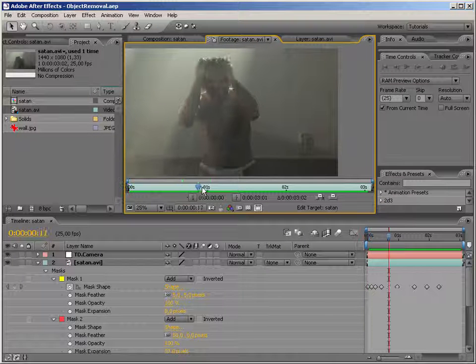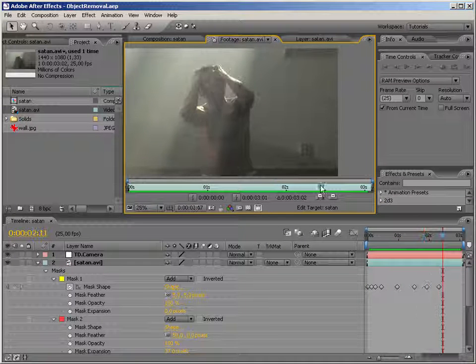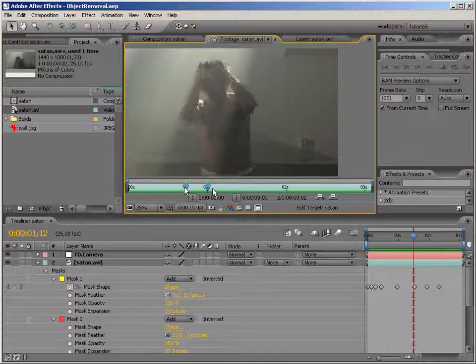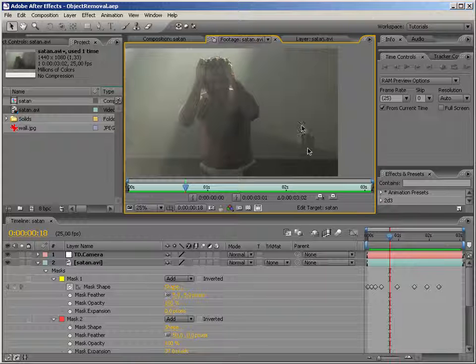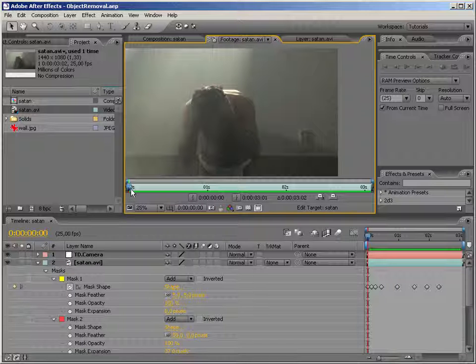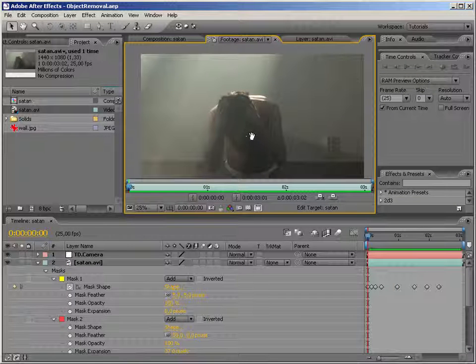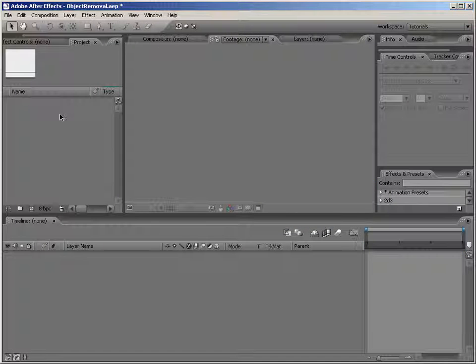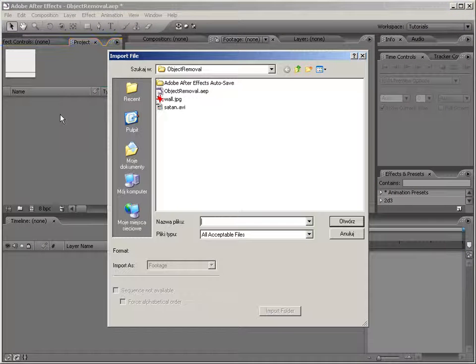Okay, so as you can see, we have a camera moving in this picture. So what we are going to do is we are going to track the footage and then go to Photoshop and remove this little fellow in here, and then come back and fix the problem. So let me just start from scratch. Let's just delete all this, and first of all let's import our footage,